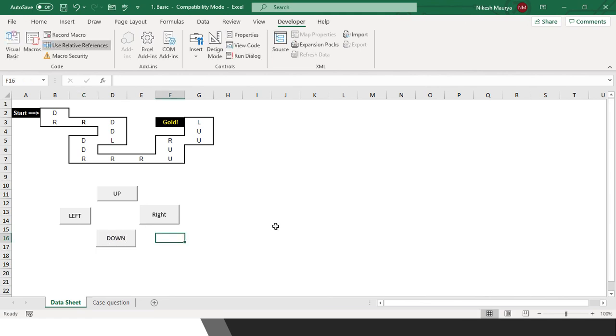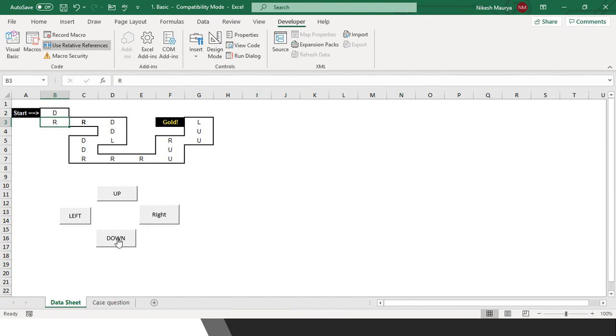Right now our task is to move from A2 to F3. We are at A2, so we are moving right. It went to B2, and then we are moving downward.